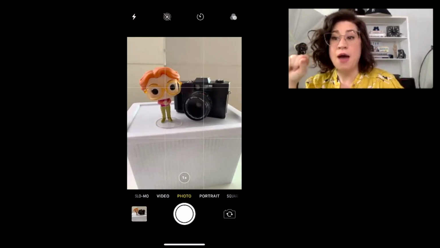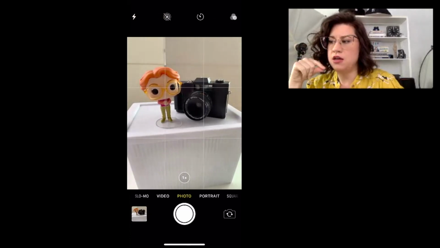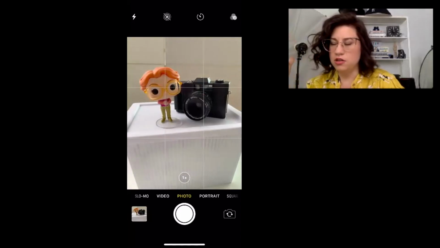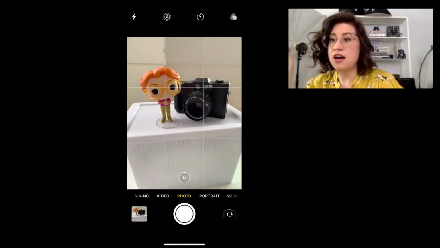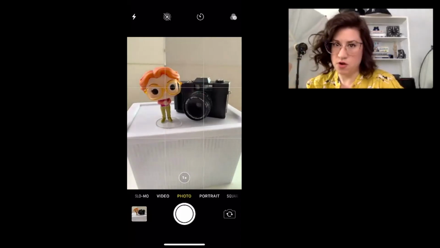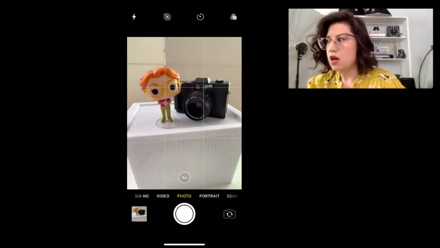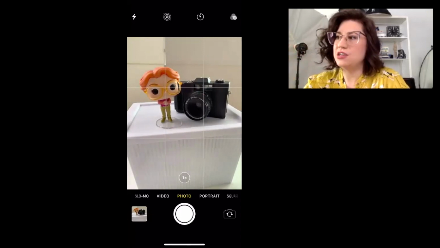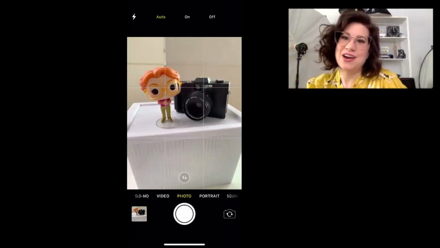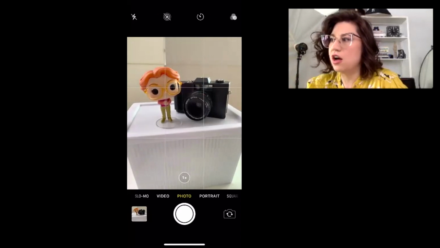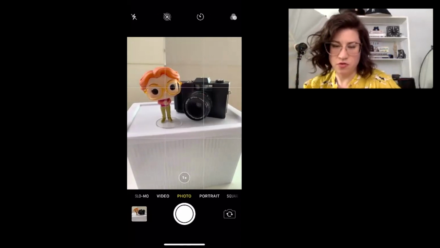And I will give Apple this. On the new phones, and just so you know, I'm on the iPhone 10S or the XS, whatever you want to say it is, their flash has gotten a lot better. So it feels a little bit more natural and not quite so terrible. Again, I just like it off. That's just me. And I will turn it on when I need it, which is usually for snapshots